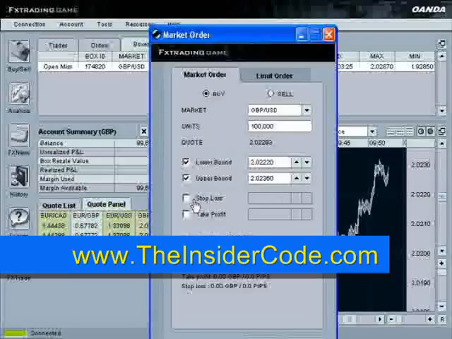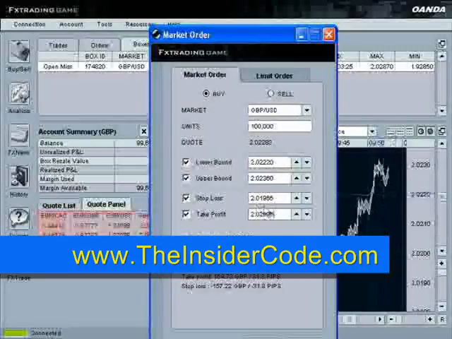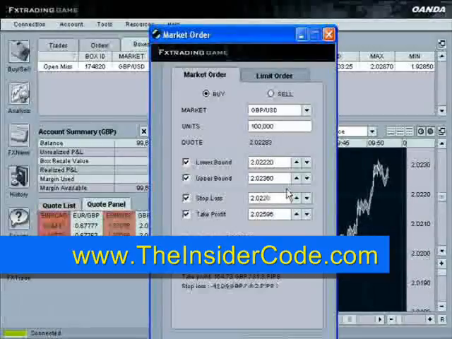You can also set your stop loss and your take profit. So again, if I were buying here and I wanted to have a stop loss down at 220, I'd place that in there. For my take profit,